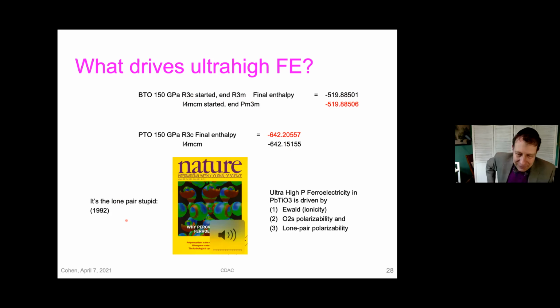I'm having a discussion, but it's really, the lone pair is stupid, like I said, in 1992. So this shows lead titanate here. And you see the lead atoms, the leads are extremely polarized. So the leads are not spherical at all. Whereas if you look at barium titanate, the barium is really a spherical ion. And so it really is the polarization of lead, I think, that's giving rise to this, but it's not through a change in bonding, it's just through atomic polarization of the leads.